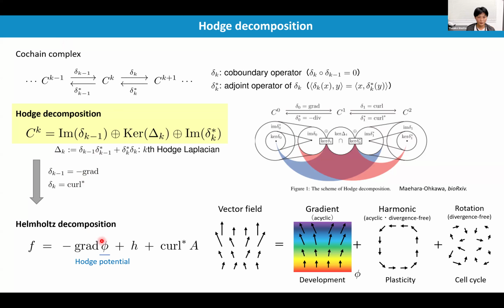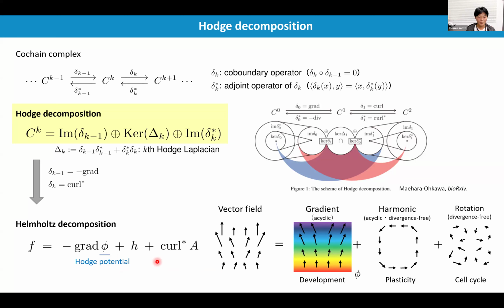The Helmholtz decomposition decomposes the vector field into the gradient flow, harmonic flow, and rotational flow. In cell differentiation, it is considered that the gradient, harmonic, and rotational flows correspond to development, plasticity, and cell cycle, respectively. Therefore, we can infer the developmental flow of cell differentiation by extracting the gradient flow. Moreover, the Hodge potential visually helps to understand the gradient flow, because the gradient flow is represented as the gradient of the Hodge